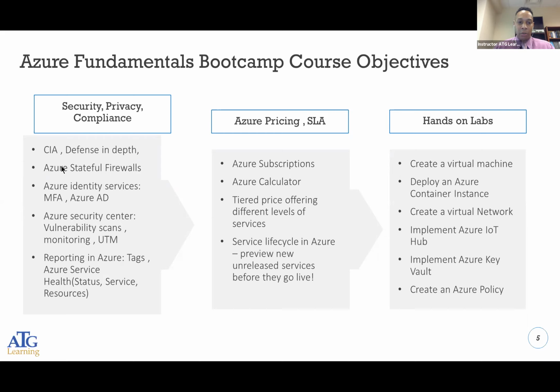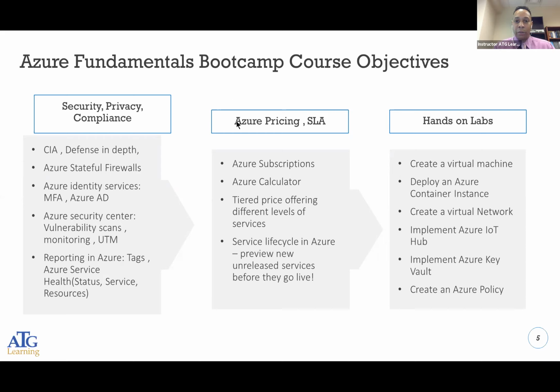Or resources. We talked about resources earlier. Computers and virtual machines are resources. Network is a resource. Creating those groups that we talked about, anything that goes in those groups is a type of resource. I want to monitor those resources and make sure they're up and available so people can work.